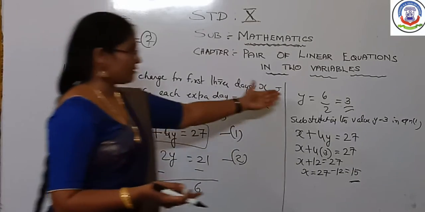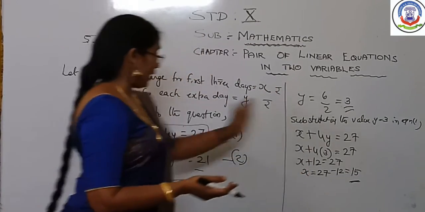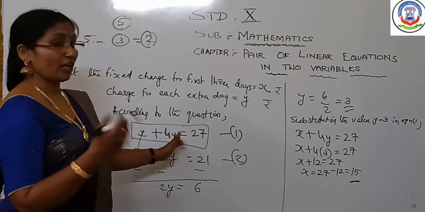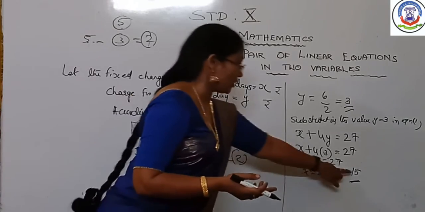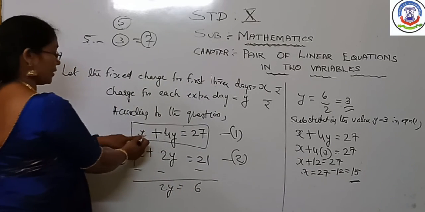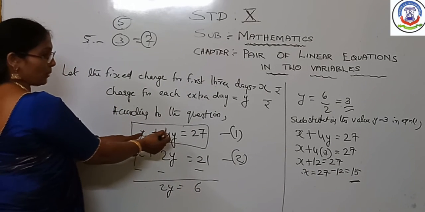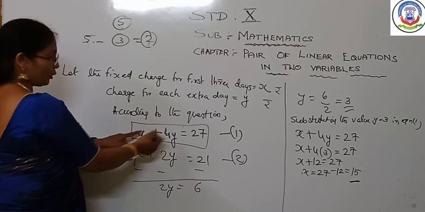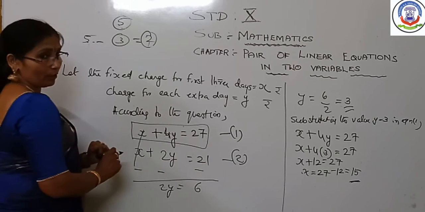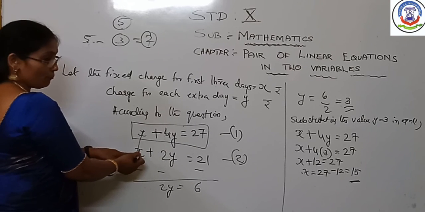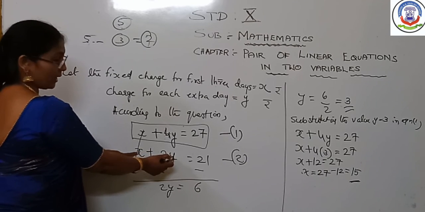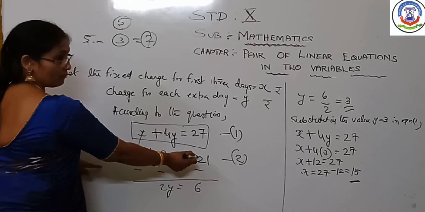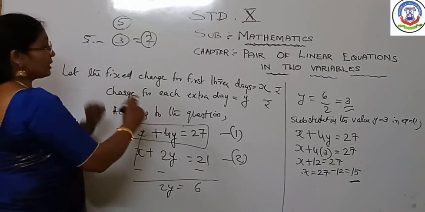Now after getting these values you can substitute again in this and verify whether the equation is correct or not. Look at that, X is equal to 15. You substitute here 15 plus 4 3s are 12. Y value is 3, 4 3s are 12. 15 plus 12, how much did you get? 27. Here also X is equal to 15. 15 plus 2 3s, 2 3s are 6. 15 plus 6, 21. That means the solution is correct for us.